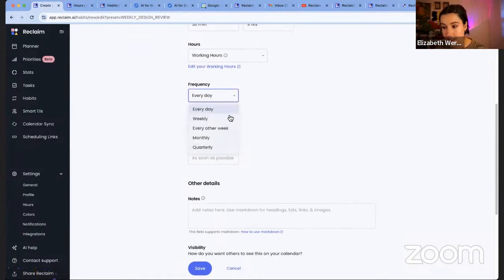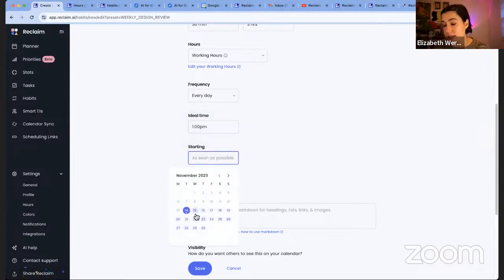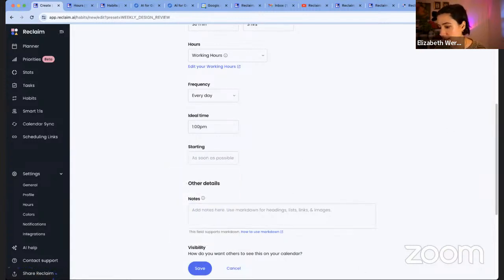Then you have your frequency, so how often you want to complete this event. It could be a daily event for something like lunch. It could be weekly if it's something like exercise, or updating a report, as far out as quarterly, so those long-term recurring events don't slip through the cracks. You can set a start date, so if you wanted it to start after a certain time, you could do that. I'm going to leave this as the default as soon as possible so we can start scheduling time on